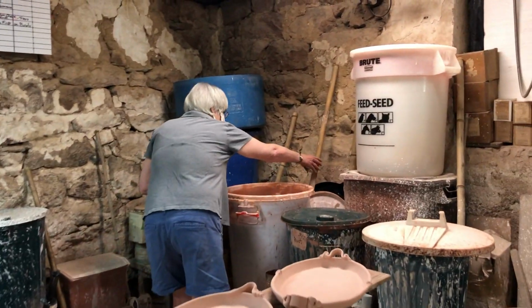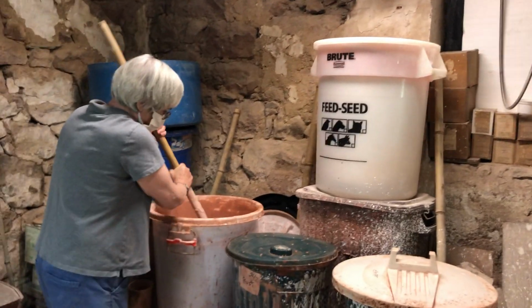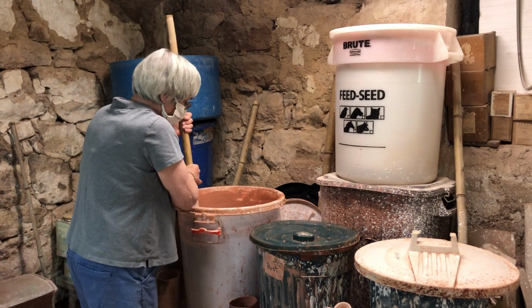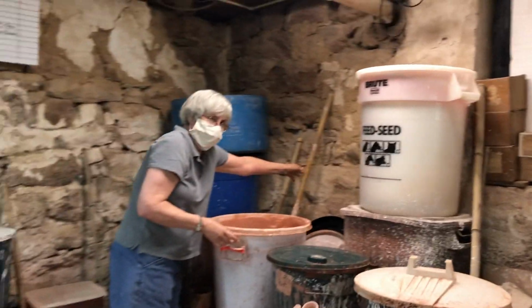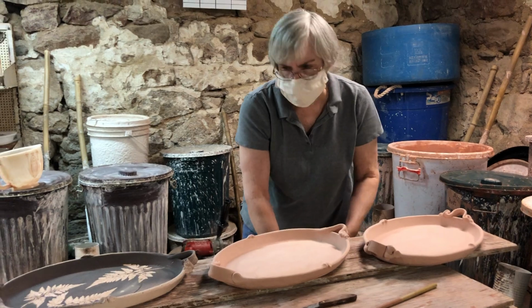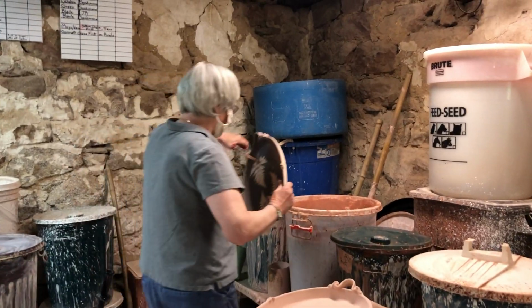So you guys see around here all these buckets. They're all different glazes that they make. And Diane, are you the one that mainly makes the glazes? Usually I make them, and I do over 90% of the glazing. Okay. So you guys work as a team. We do. Primarily, I don't do any wheel work anymore. I can do the slab building. I generally do all the glazing unless it's something I can't handle,